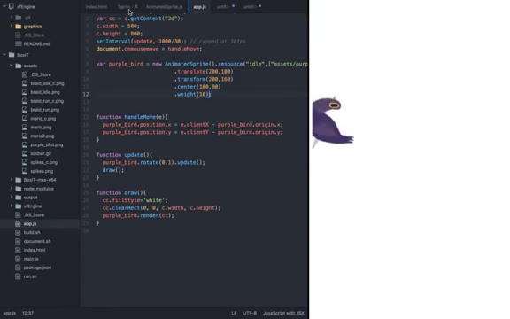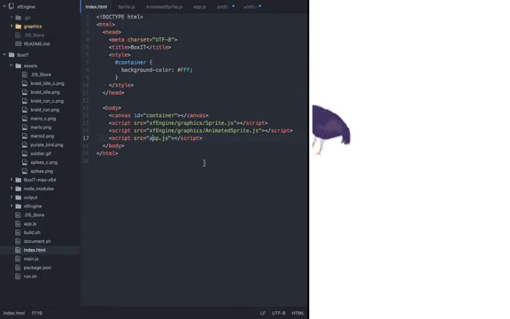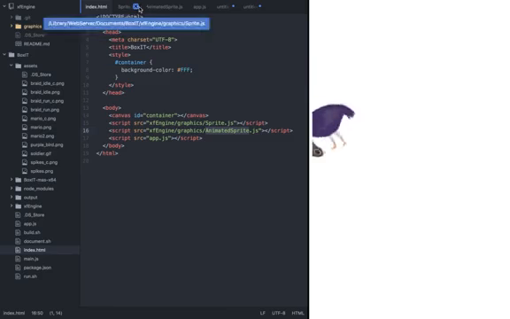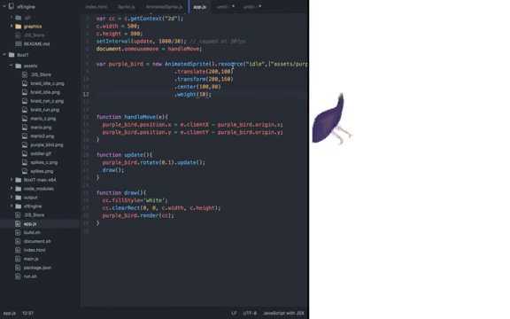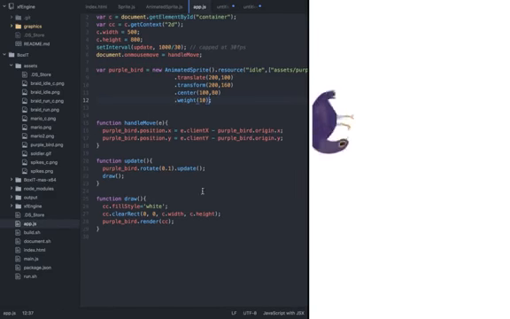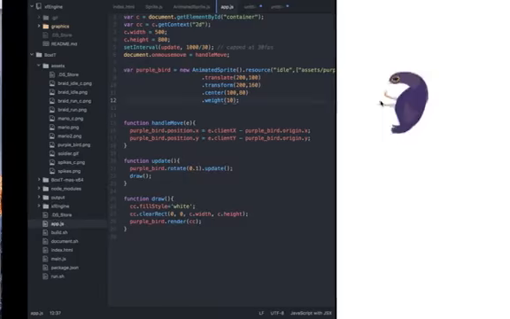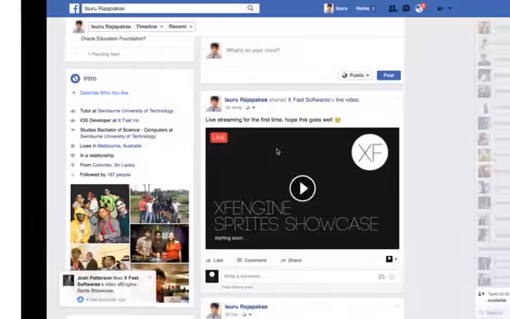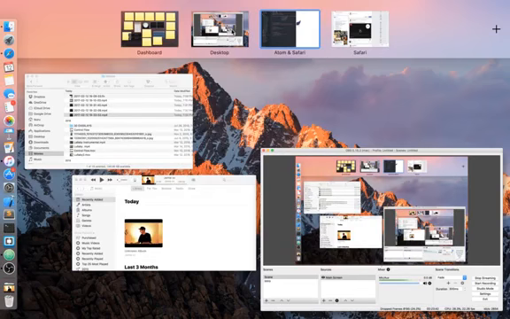To illustrate the point, all I'm doing is importing my JavaScript classes, and in my app.js, which is the main JS, I'm setting up the canvas and doing all that. The cool thing is that you can also make this a standalone version, which is done through something like Electron. The way you set that up is by